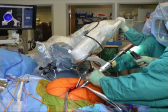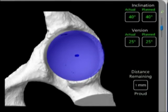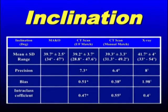And then we also know when we're down because of the lower right-hand corner. The lower right-hand corner of the screen shows how close we are to having the cup fully seated. You can see that it shows I'm within 1 millimeter. And if I get within 1 millimeter, I usually stop, because I use a bone tamp to hit the center of the cup just to be sure I'm down, and that'll certainly give me the last millimeter. So these are the changes that we have with the robot over the